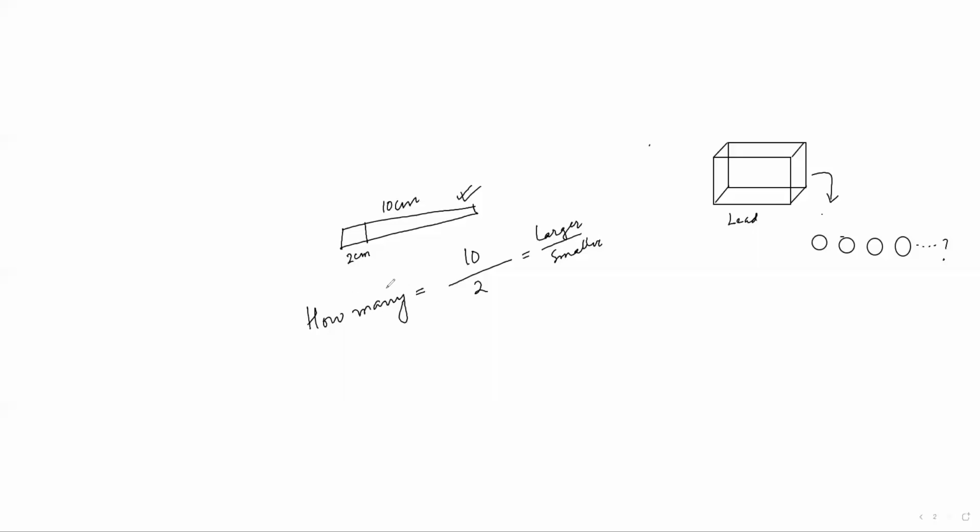So whenever you need to find how many of a solid form, what you will do is keep the largest solid at the top and the smaller solid on the bottom. The volume of the larger solid will be divided by the volume of the smaller solid, and you get that answer. So in this question, our larger solid is the cuboid, and the lead shots are the smaller solids.